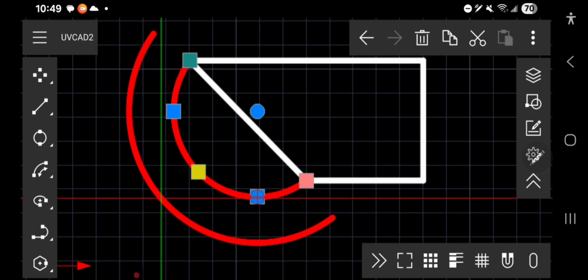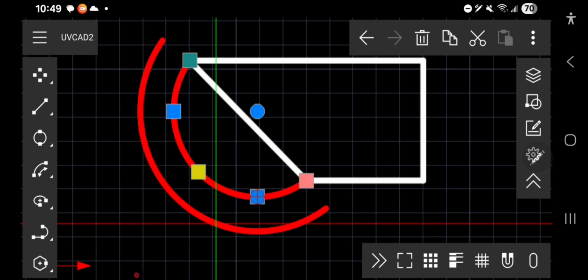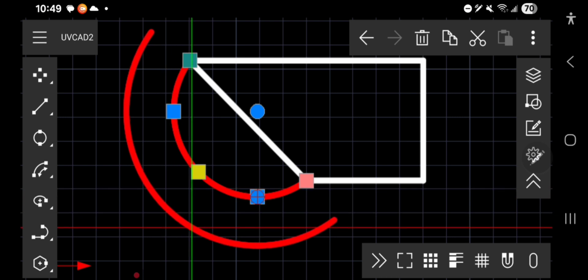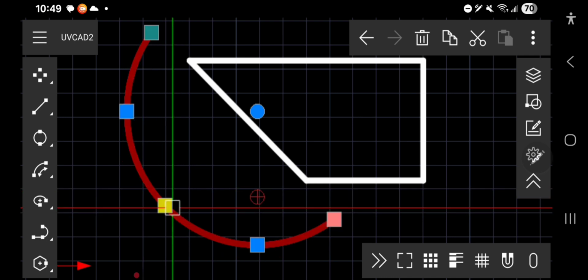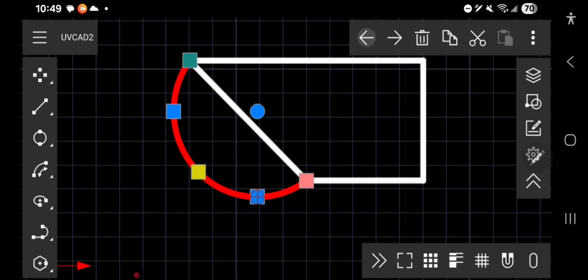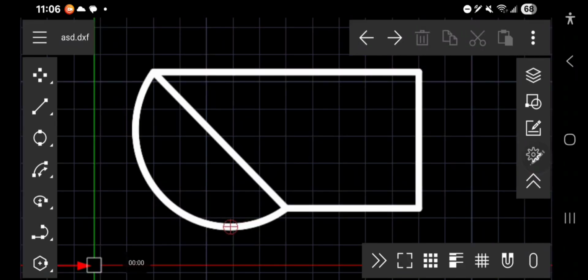So in this case, I press and I have the stylus touching the screen. So now when I let it go, it's going to be there. Look. But the previous one disappeared. So now I'm going to go back. I'm going to return it to where it was by pressing this arrow here. That's it. Another thing that is important is, after you finish your drawing, for instance, you want to put